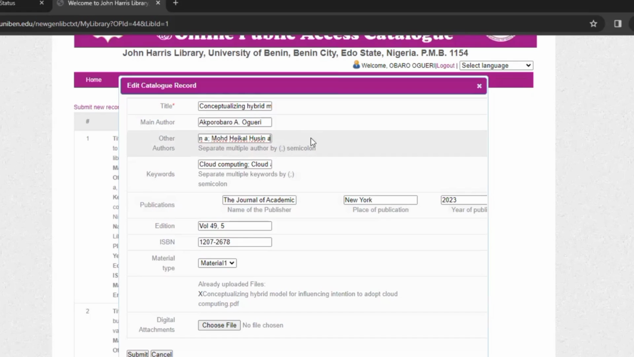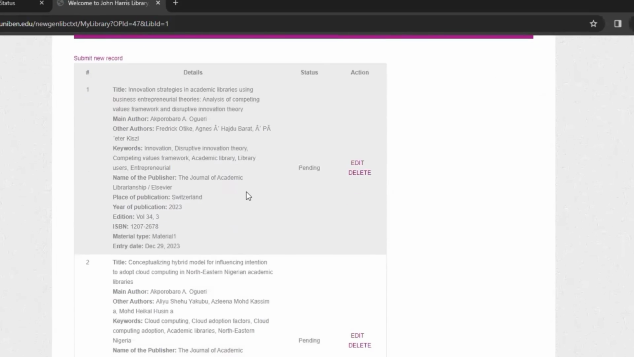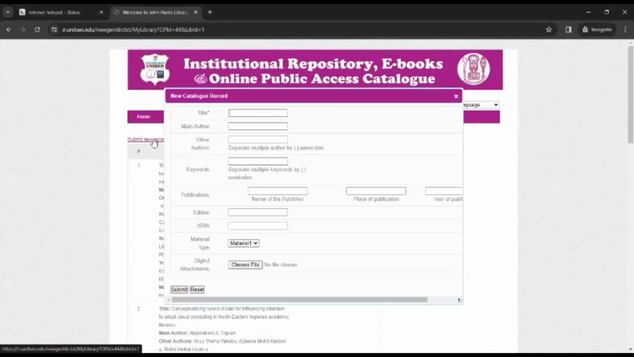Okay, that's it. So I'm done with this. I can now click on submit. See, it is already uploaded file, so I can now click on submit. So it has submitted. Correction has been effected. All the corrections have been effected. So for the third document, I'll